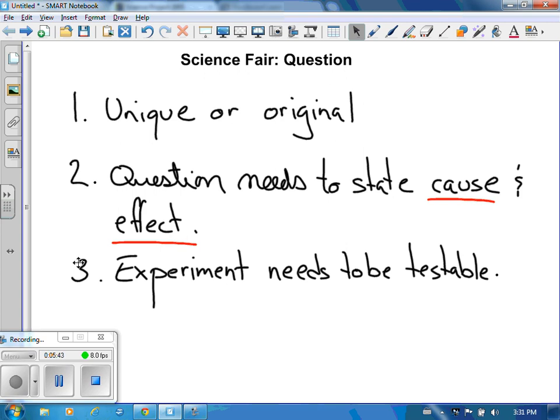But as it stands right now, we can't test that. And so, albeit a nice question, it's not a great question for your science fair project. I want you to come up with a project question that you can actually test yourself, that you could change a variable, state the cause, and measure an effect.